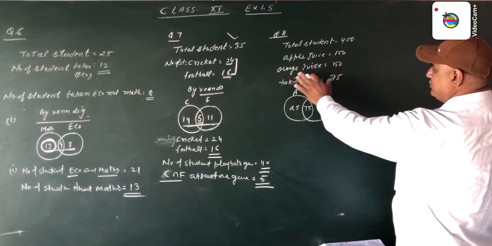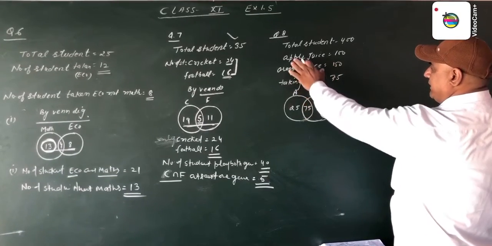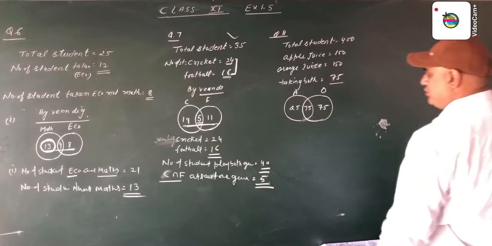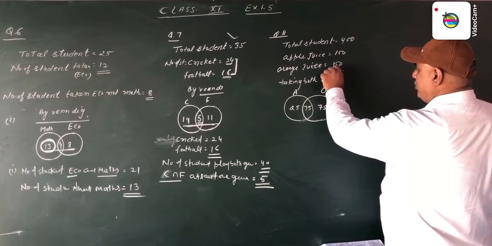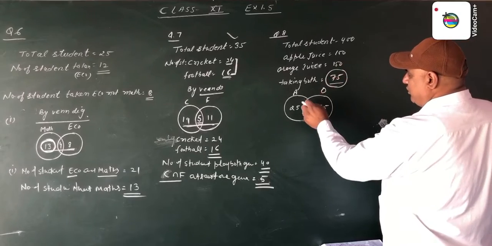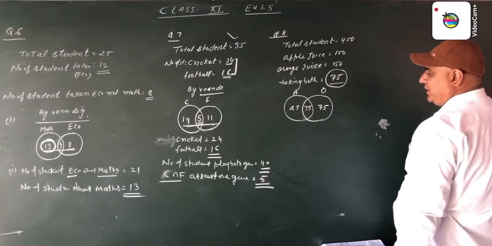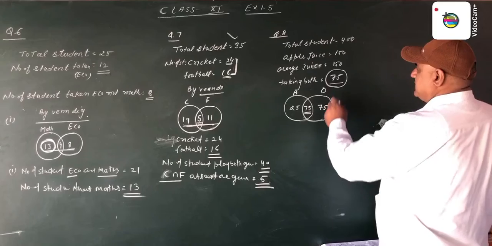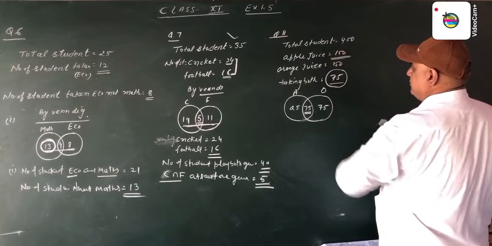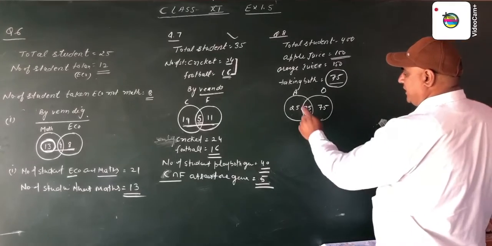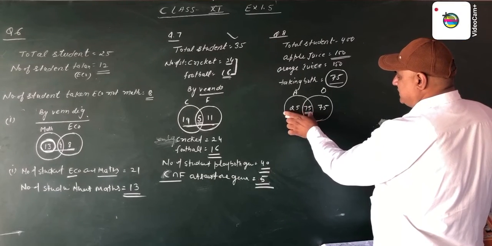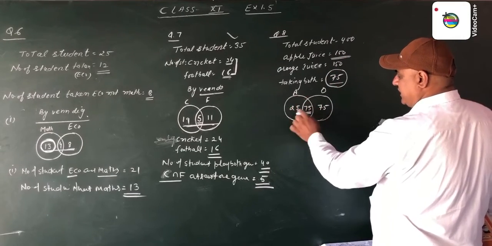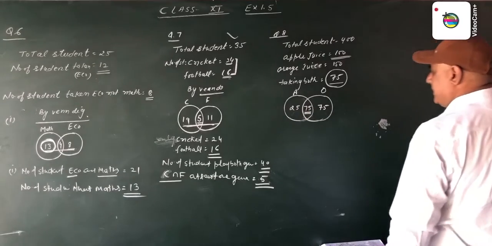Now the orange juice students are 150 and those taking apple and orange juice are 75. By Venn diagram we have shown that these are the common students of both apple juice and orange juice. This is the common area of both. We take this 75. Now it is also given that these are the students taking apple juice. This is 75 and the total strength is 100. Now 75 has already occurred in this area. So 100 minus 75 we get 25.